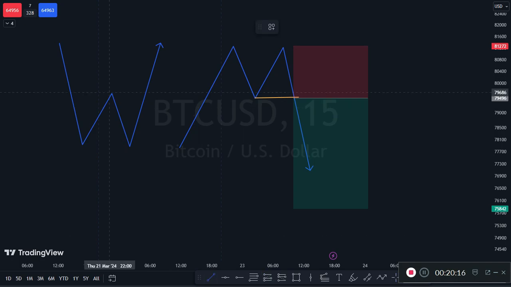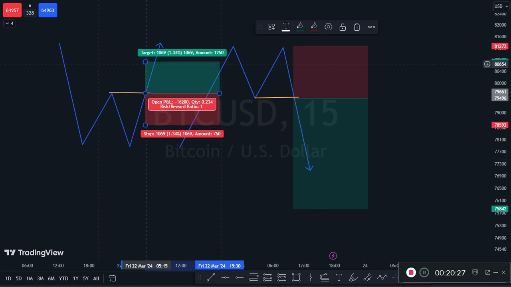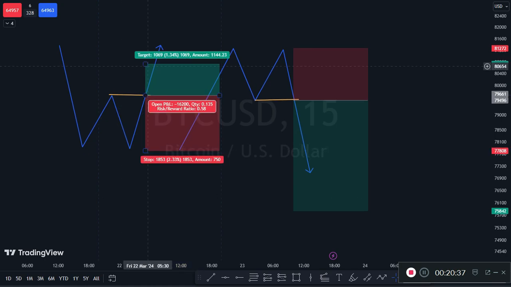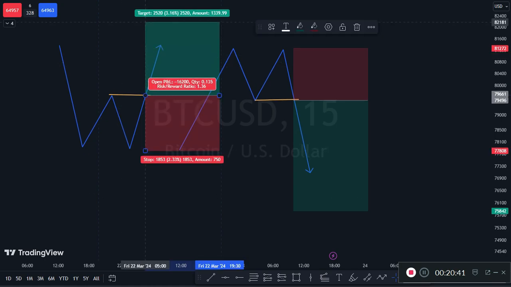The same thing goes for the double bottom, but the reverse is the case. In this case, you're looking at buys. So you wait for price to break this swing. Once price has broken that swing, you take your long position, keep your stop loss at the swing low, and then your take profit can be, as I said earlier, at 1.5 or 2:1, anyhow you want to do it. You don't really have to capture 100 pips. Your 10 pips can go a long way for you, your 50 pips can always go a long way for you,